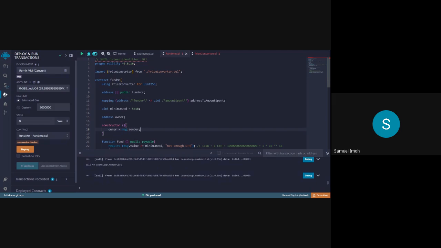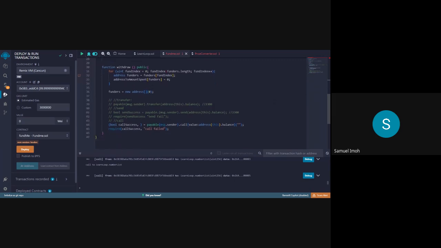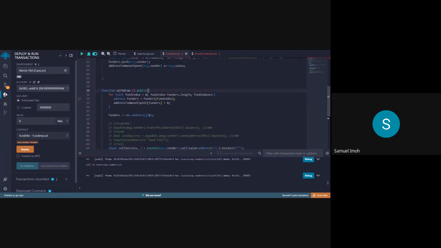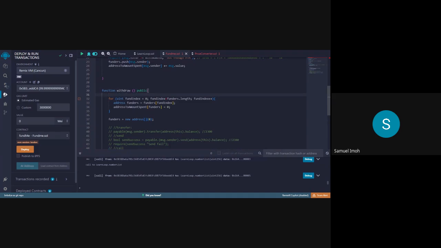Then we can come here and write a requirement in this withdraw function and say require owner to be equal to message dot sender,